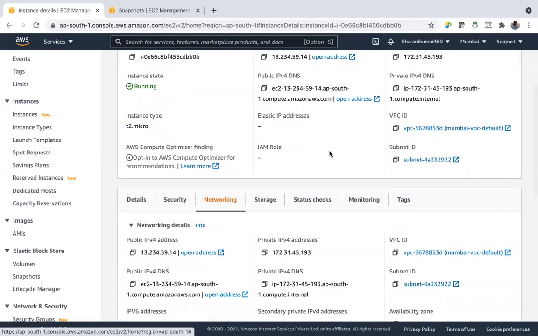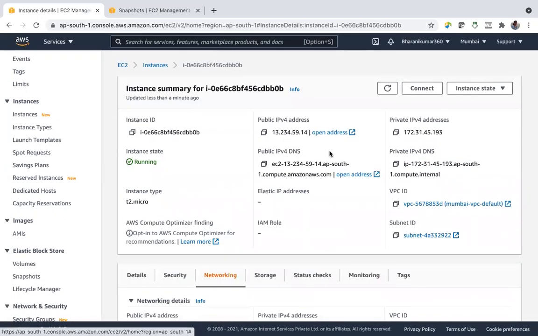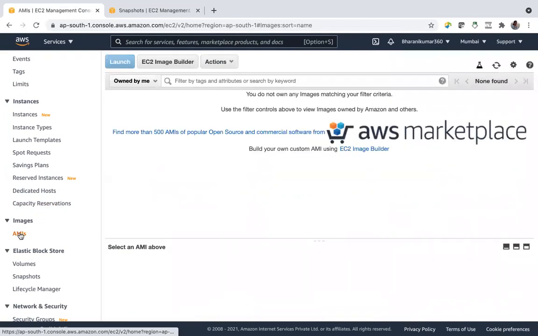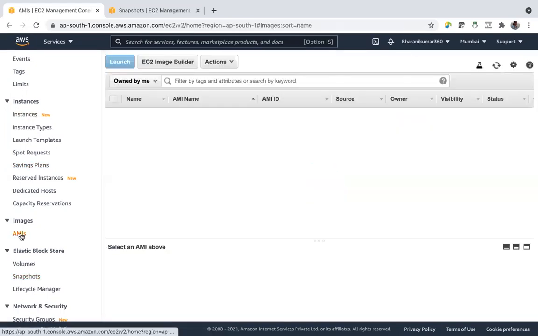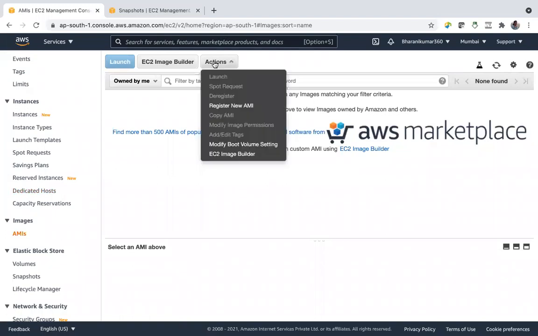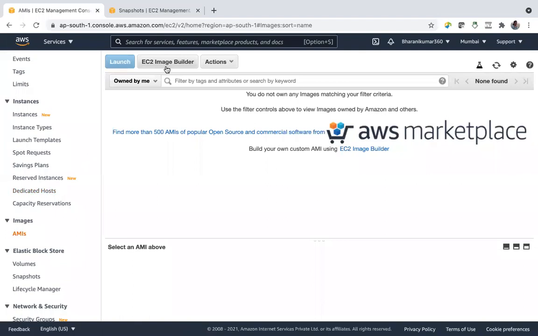Networking and other things. Suppose, let's say this is the server which I want to move to Singapore region, and I want to launch another 10 servers in Singapore region as is like this server. Then I'll take AMI. How? Go to instance. You can do it here itself. Actions, EC2 Image Builder.